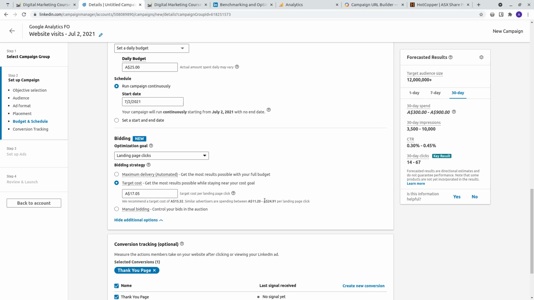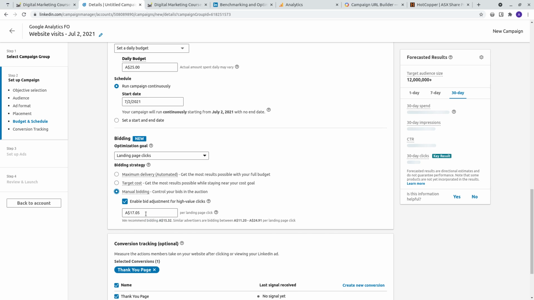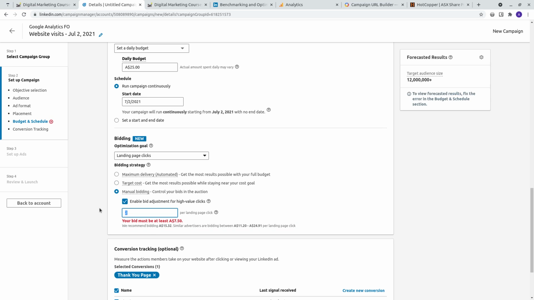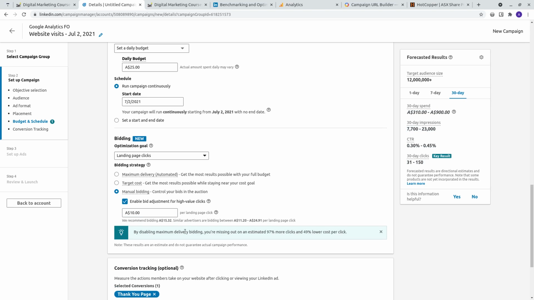If you don't have the time and patience and you really want to start getting results, then you can go to the minimum bid. In this case, it's, let's say, 7.50, and then raise it about 30 to 40%. So 7.50 raised by about 30 to 40% is about $10, right? That's how you would start off, because that will set a base mark of getting you the high quality leads. You also get the option with the event ads to enable bid adjustments for high value clicks. That again takes it to 45% higher than what you've specified. So that click might go all the way to $14.50.